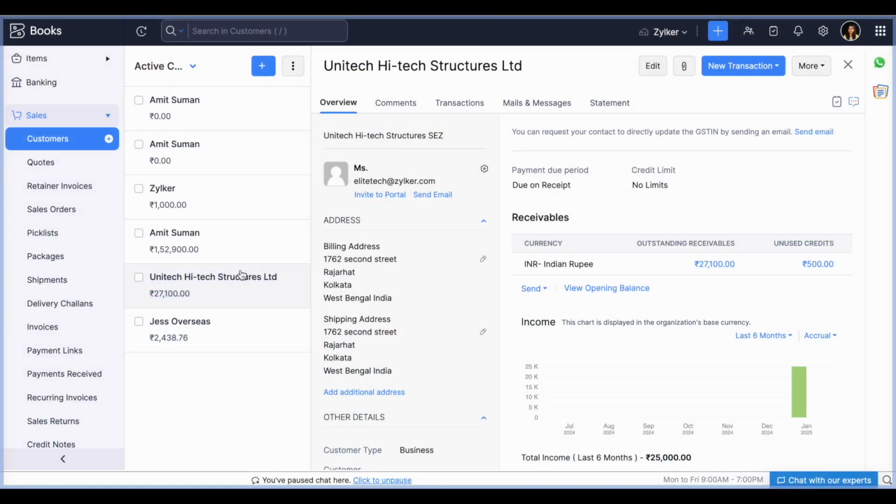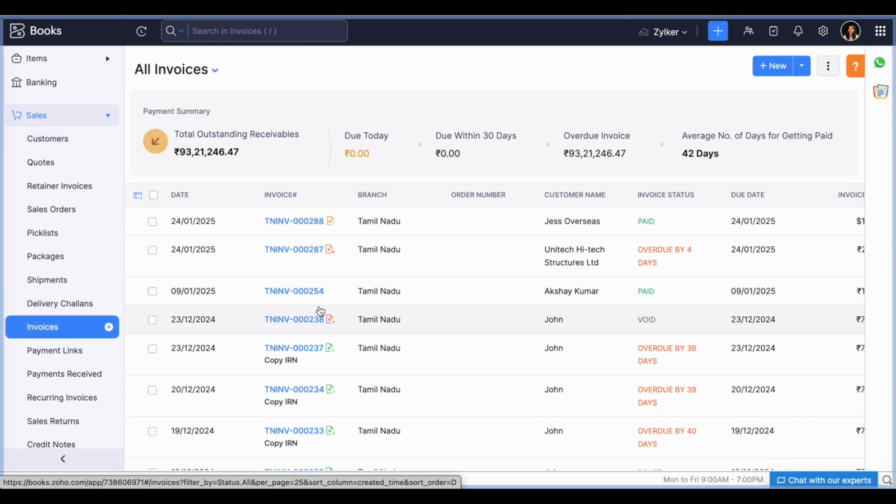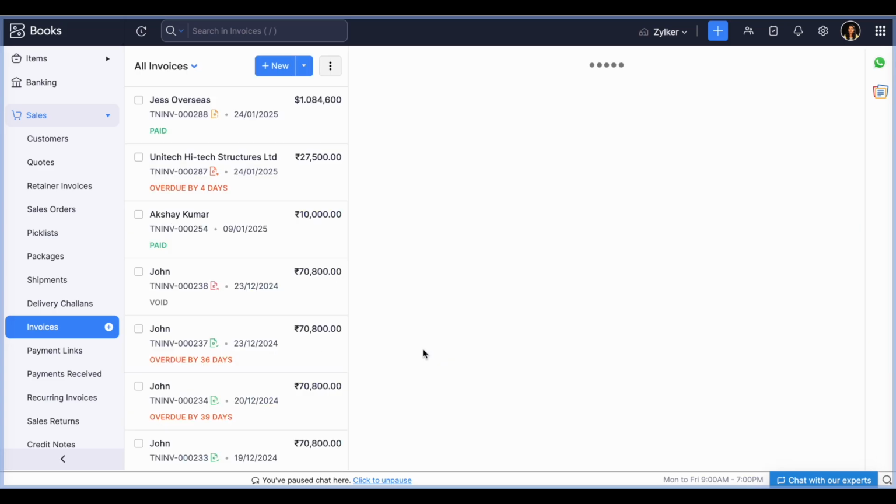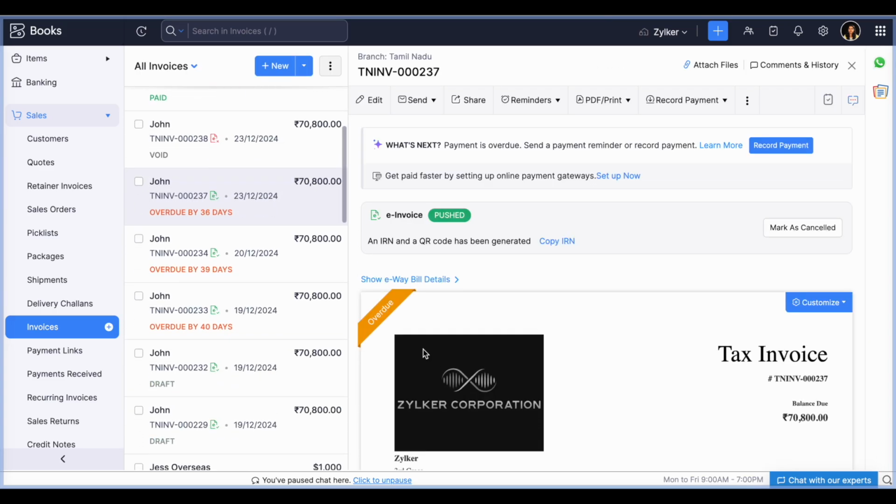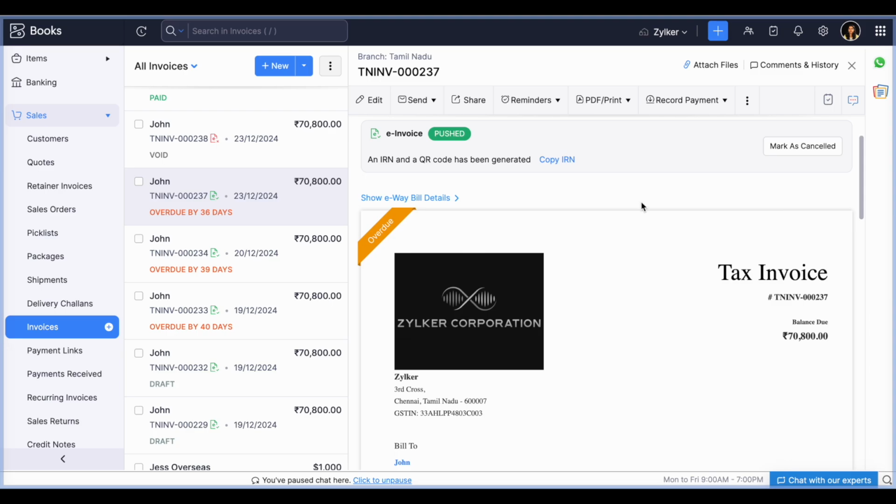Also, I hope everyone would have seen the writing off feature in Zoho Books. Let me give a brief idea about it. So what is writing off? Writing off is used to track the bad debt in an organization. Suppose there is an unpaid invoice and that particular customer is not going to pay back to us. In such a case, we can write off the invoice and it will get accumulated as a bad debt. In order to write off, you can open the invoice and when you click on record payment, you will have an option to write off.